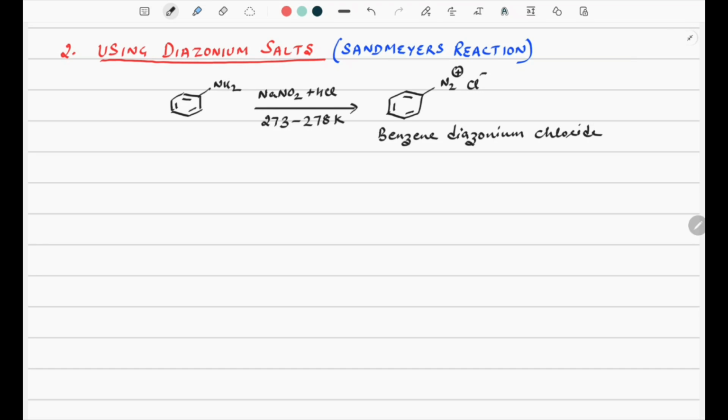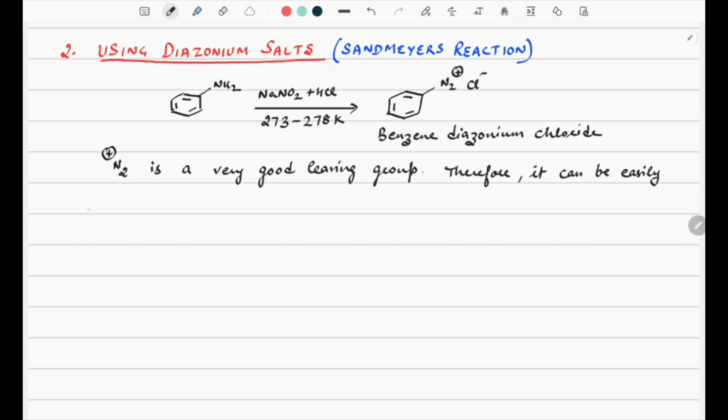What is so special about the diazonium salt is that N2+ is a very good leaving group. It may even be called the best leaving group. Therefore, it can easily be replaced by any atom with a negative charge. That means we can react this with a nucleophile. For example,